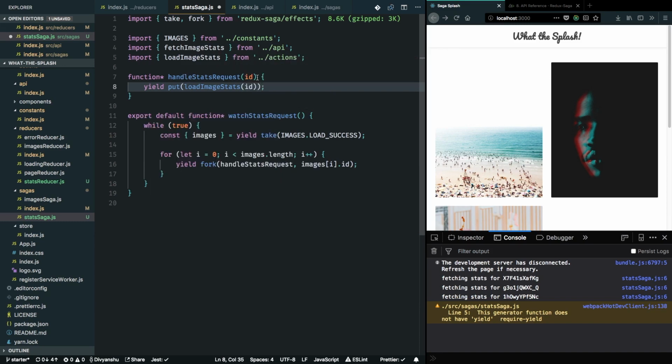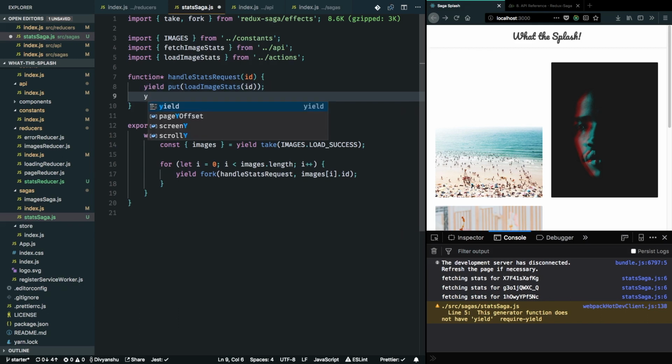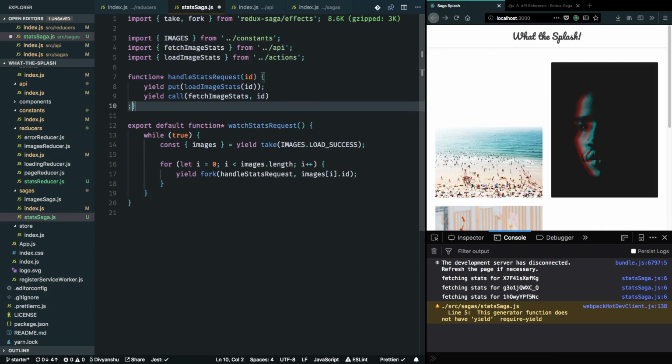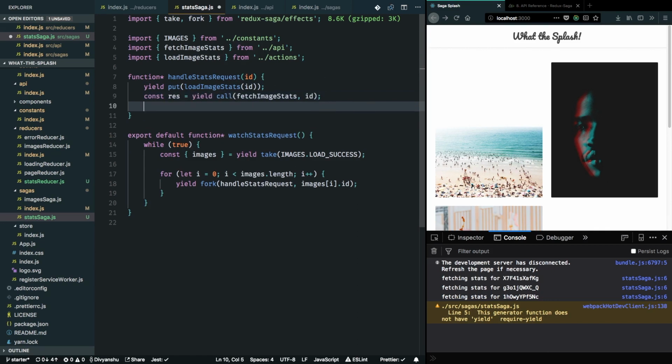Basically the ID that I received, I'll set the loading flag for that particular image, and then I'm going to call fetch image stats for that particular image, which should give me the stats. So I'll get some response from here, and then I'm going to go ahead and put that image download stats into our store. So set image stats,